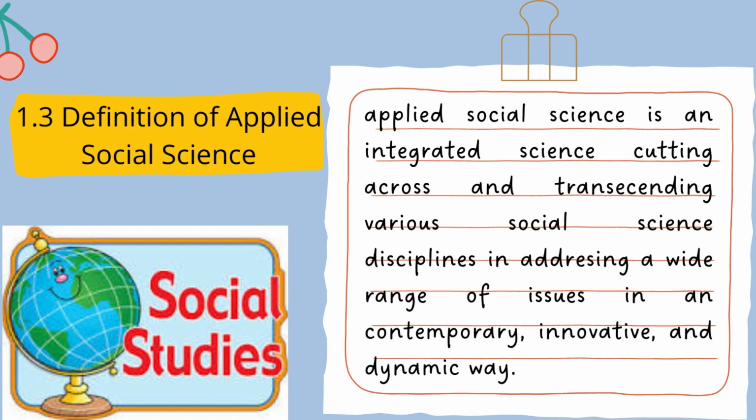Applied social science is an integrated science cutting across and transcending various social science disciplines in addressing a wide range of issues in a contemporary, ngayong panahon natin, innovative, and dynamic way. Okay? So yaan. Next